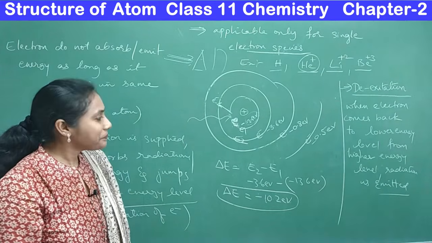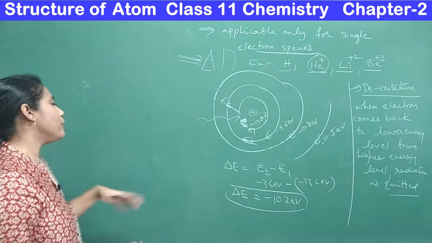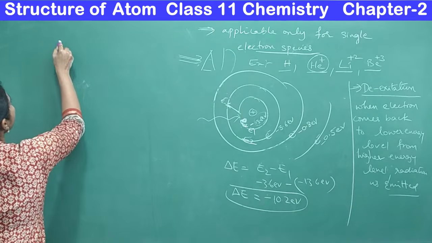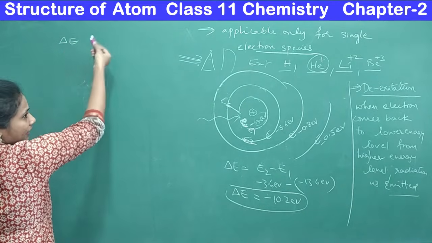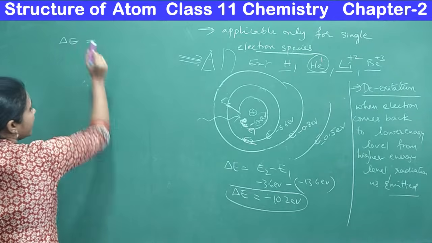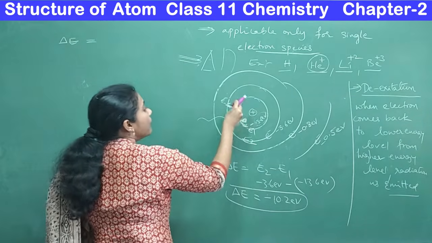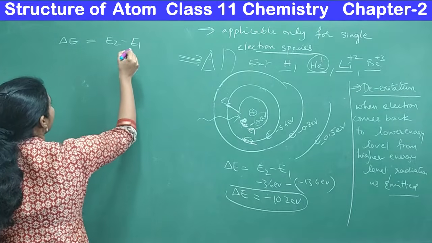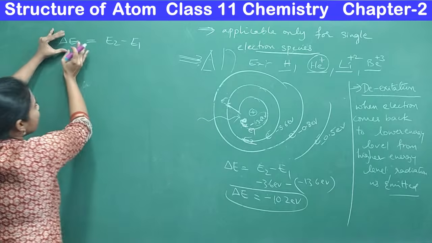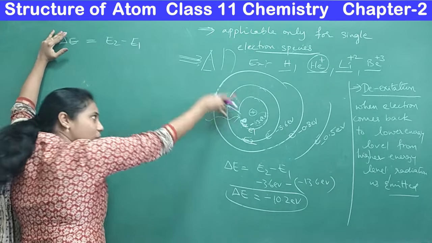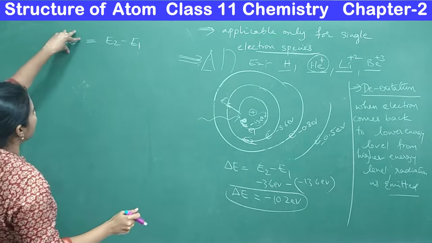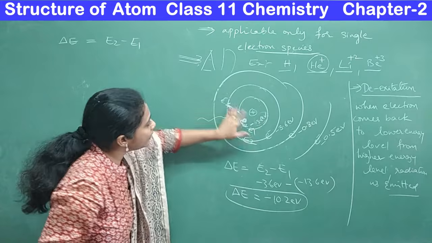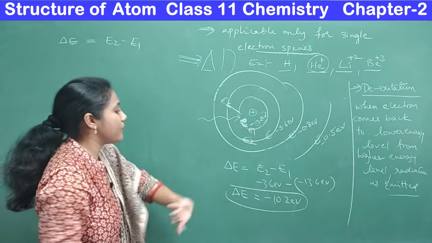Okay, is that clear? And here one important formula Bohr has given. It's not actually a big formula. We know delta E is the difference between the energies of two energy levels. Here the difference between the energies of the first and second energy levels is E2 minus E1. This much must be the energy absorbed by the electron if it wants to go to a higher level, and this much must be the energy of emitted radiation when it is coming back from higher level to lower level. So that is equal to this difference.